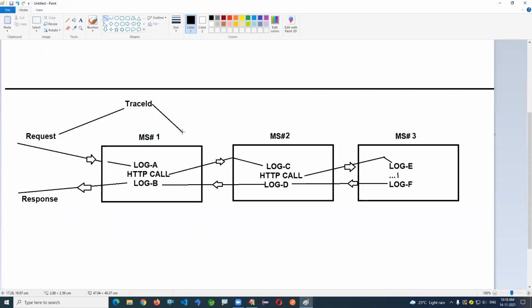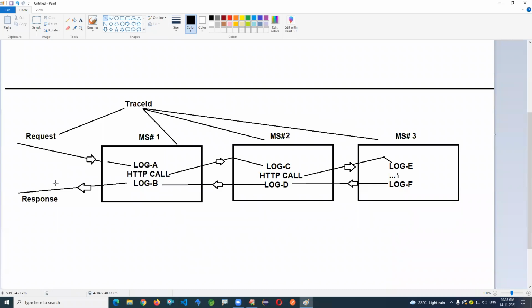If you identify this trace ID, you can identify the complete execution path. How many microservices are involved? What is the execution order? How much time was taken? By using this trace ID, you can find out all the details of all the microservices involved from request to response.